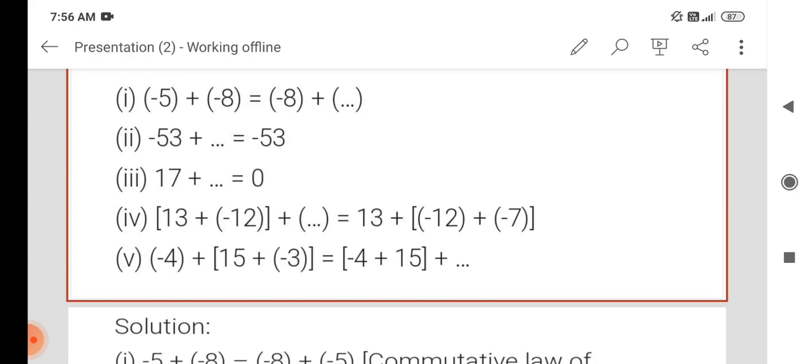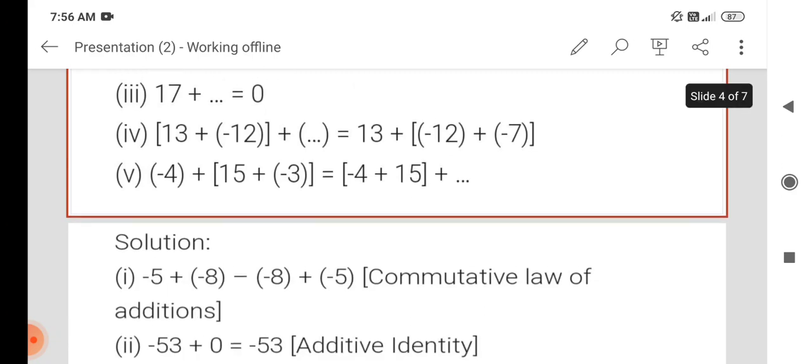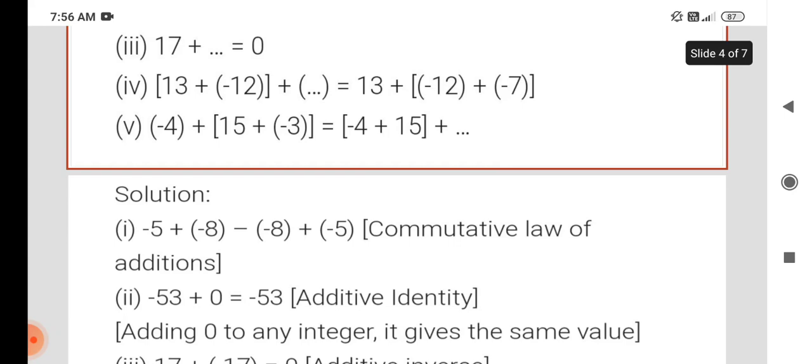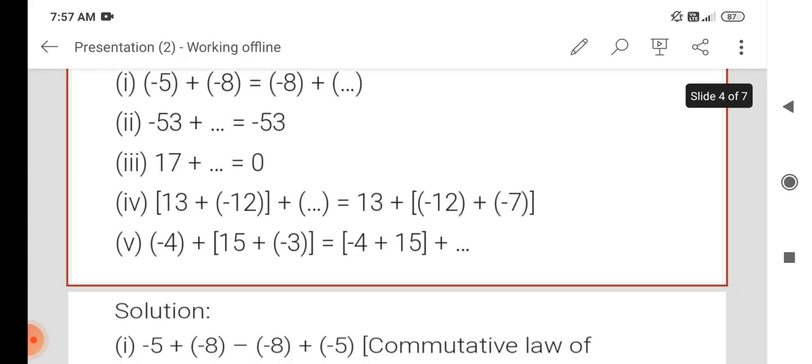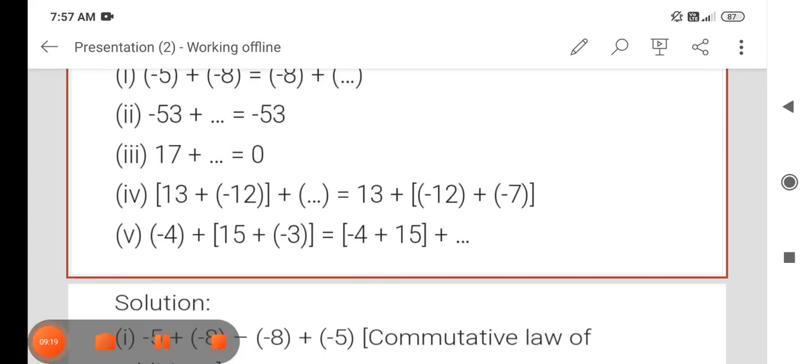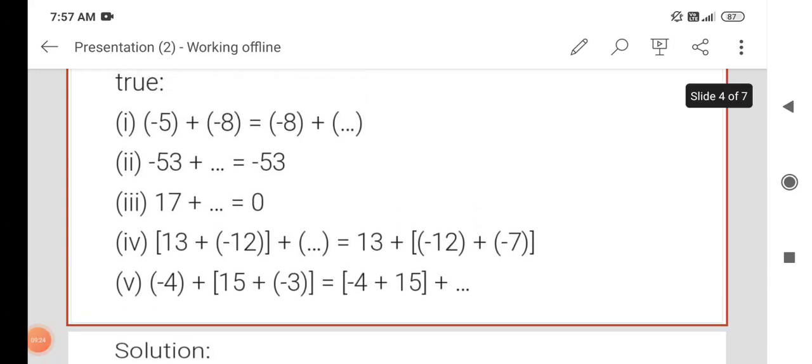It means on the left hand side and right hand side we put the same integers, and it's the commutative law of addition. Okay,